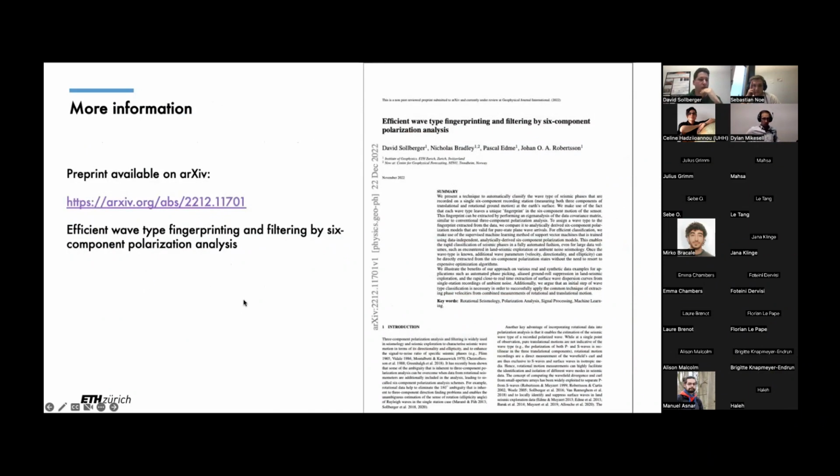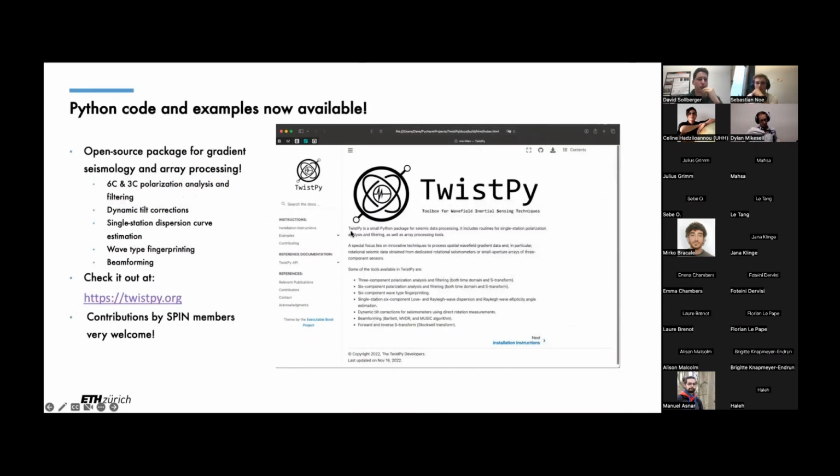Now, I've gone over some parts here quite quickly, probably. So if you're really interested in all the math behind it, I would like to point you towards this preprint that we've uploaded to arXiv here. So if you're interested in all the details, please go over there and look at this. And we've actually also published codes to reproduce all of the examples that